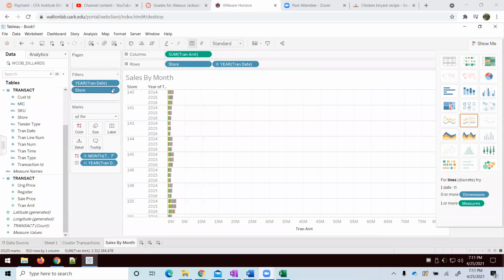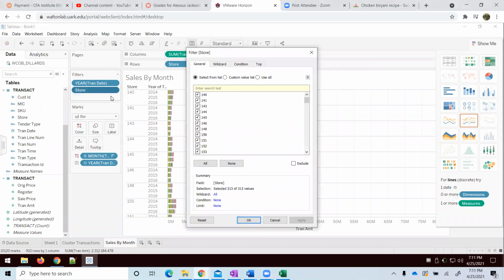What I'm going to do next, I'm going to go back to my store filter and edit the filter. I'm going to check none, and I'm just going to go ahead and type in the box all of the stores. 45, 716, 743, 760,